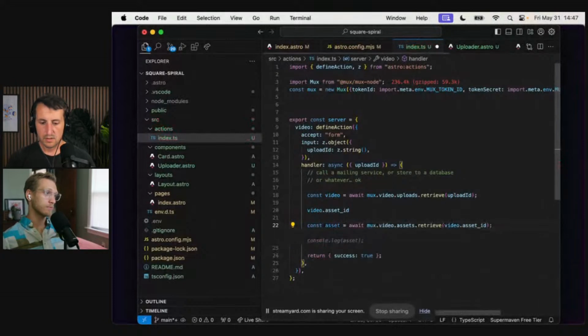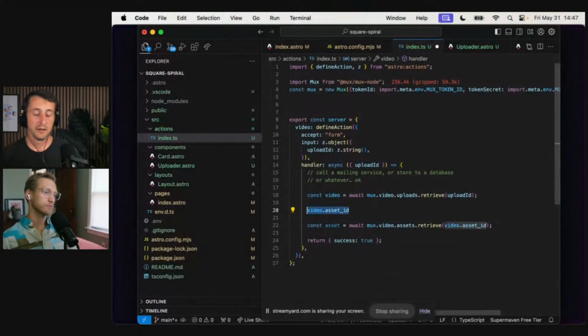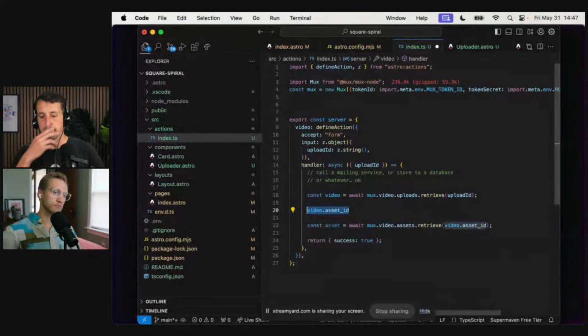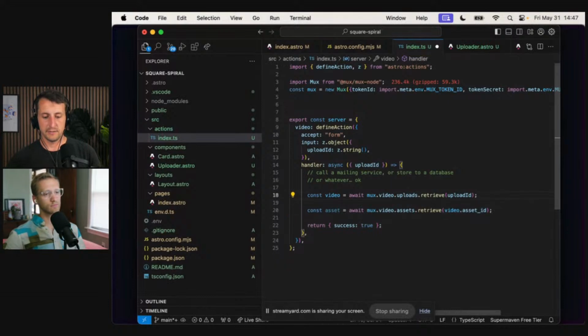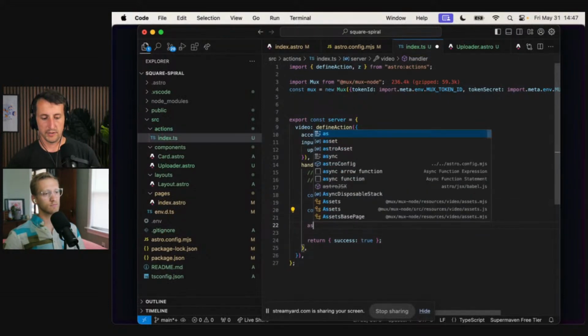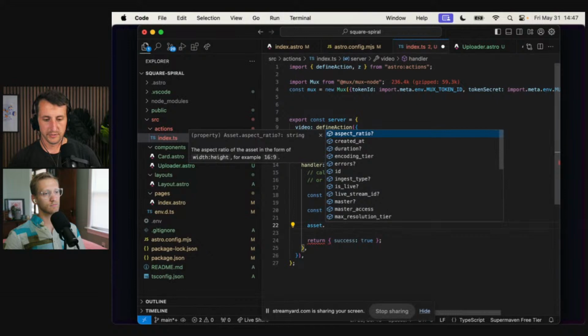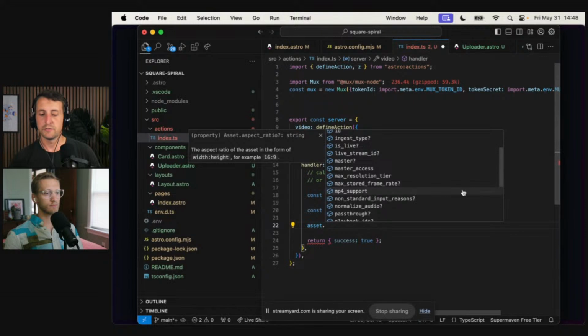So we're going to take that asset ID and expand upon it. Once we have this ID back, let's make the request to get the full details about the asset. So we'll have asset, and let's take a look really quick at what the TypeScript types are saying here. Look at all this additional information. We have the aspect ratio, duration, all of your different links available if there's MP4 support enabled.